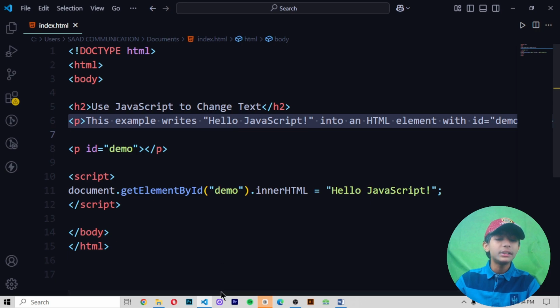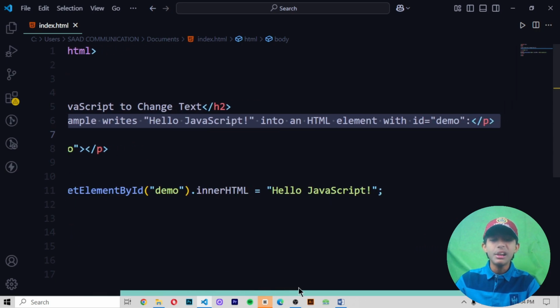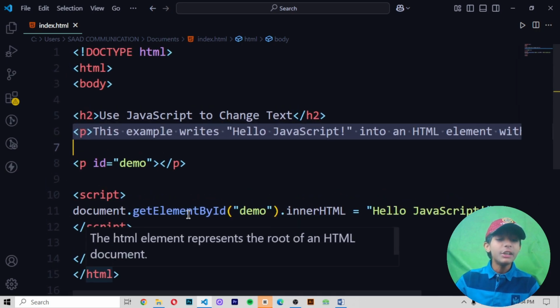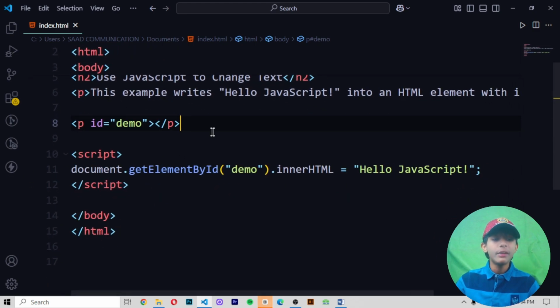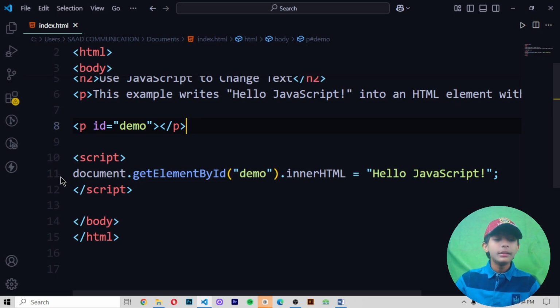Here, I create one paragraph in which I write ID demo. Then I use document.getElementById. Then I write my ID name which I wrote in the 8th line. And then I write innerHTML, meaning that in the paragraph nothing has been written, so please write hello JavaScript. So it gives me hello JavaScript.